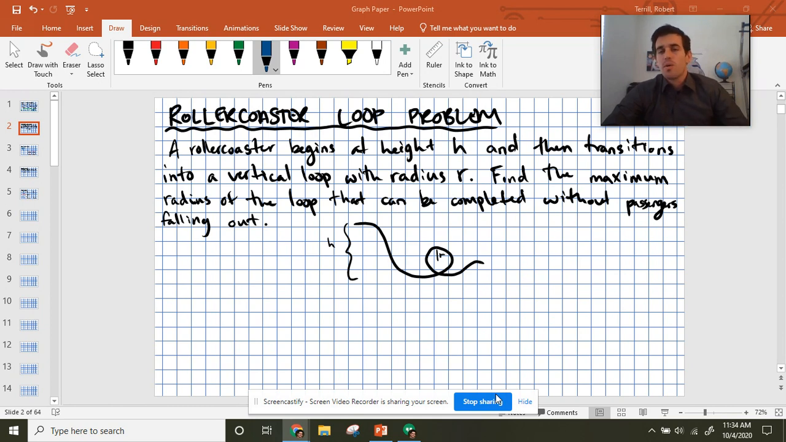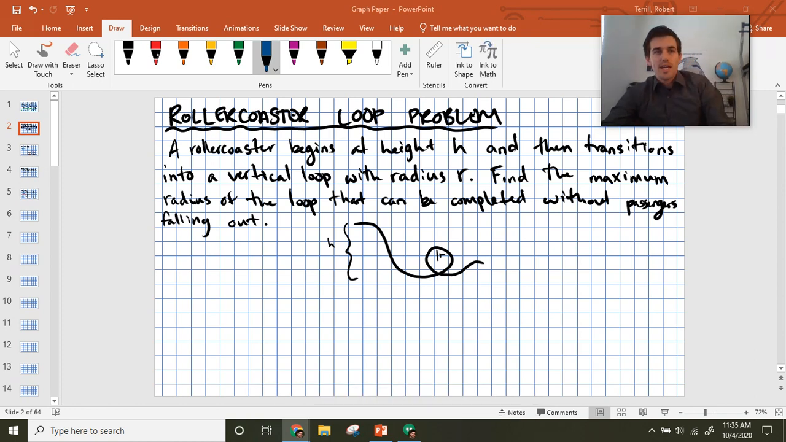And what we want to do is find the maximum safe height that somebody would be able to stay inside of the roller coaster without requiring a safety harness. Sure, they'll have one, but we want to make sure that it's safe even if that safety harness failed. So for that to be true, let's look at the free body diagram at the top